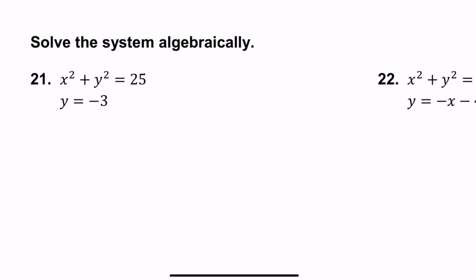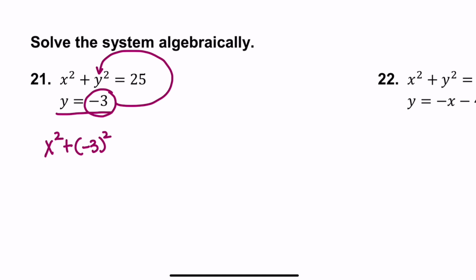Okay, let's look at 21. We're going to use substitution to solve this system. Y is always equaling a negative 3 on this line. We're going to take that negative 3 and substitute it into the y of the first equation. So we're going to have x squared plus, instead of the y, we're going to have a negative 3 squared